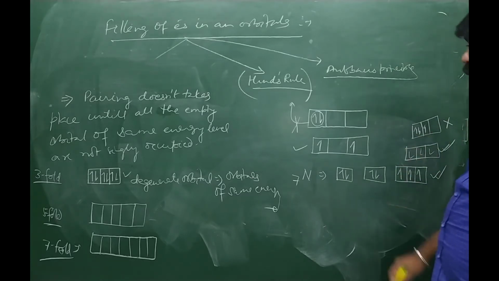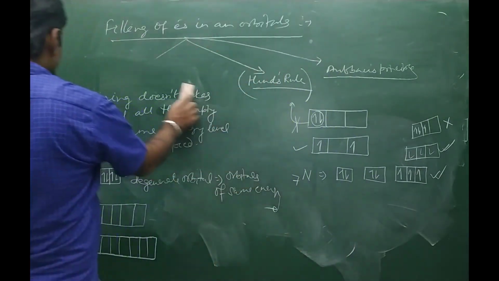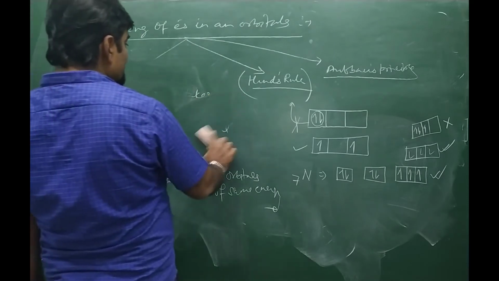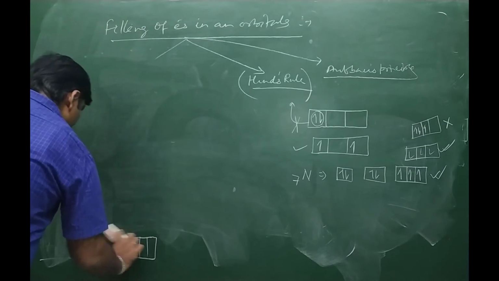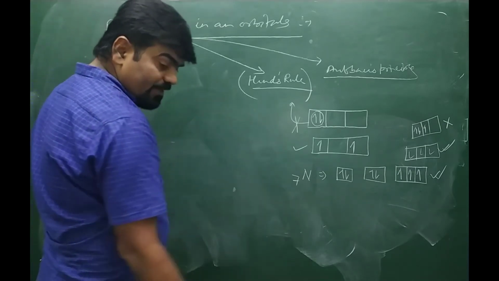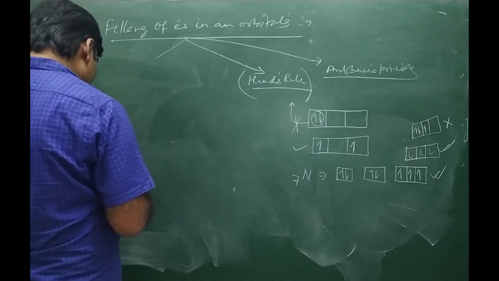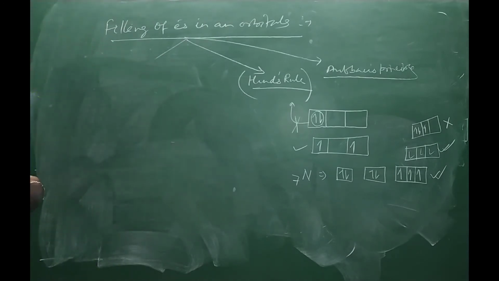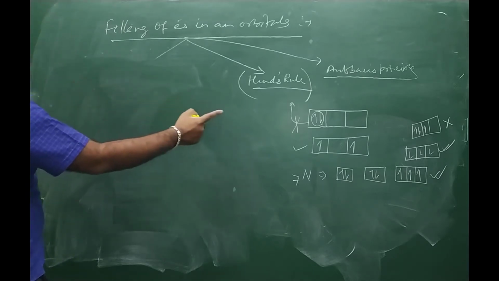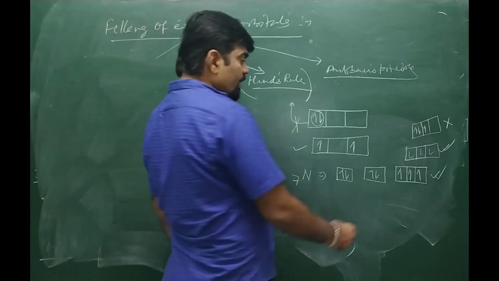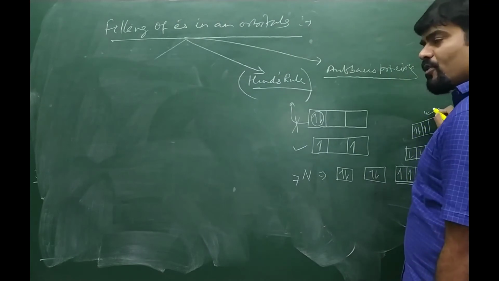Alright. So what does it mean? Electrons must be filled in orbitals in such a way that they have the maximum number of unpaired electrons. So another statement is: electrons must be placed in orbitals in such a way that they have the maximum number of unpaired electrons. If they have the maximum number of unpaired electrons, then only that arrangement is possible. Else that arrangement is not possible. So over here, this arrangement will give 3 unpaired electrons in nitrogen, but this arrangement will give only 1 unpaired electron in nitrogen.